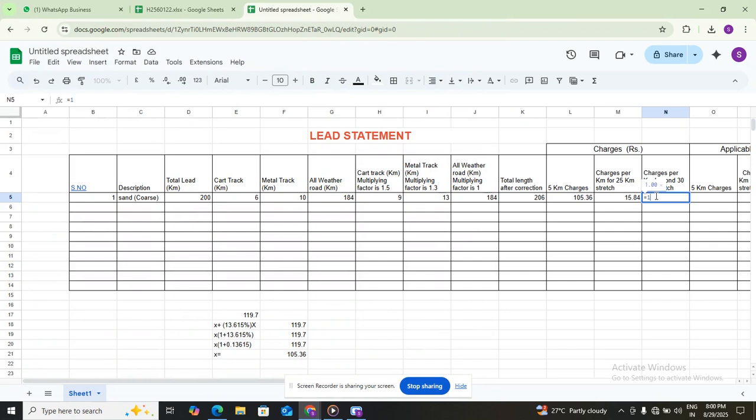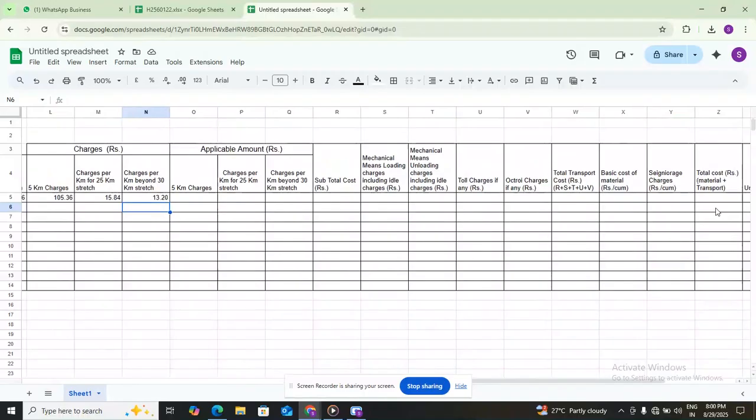There is 815 rupees they have given, divided by 1.1361. We need to deduct it. 13.2. Okay, we need to apply this into kilometers. We come to the total distance up to